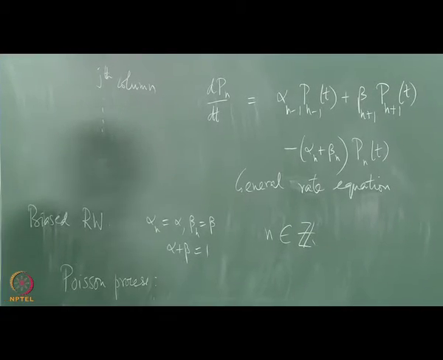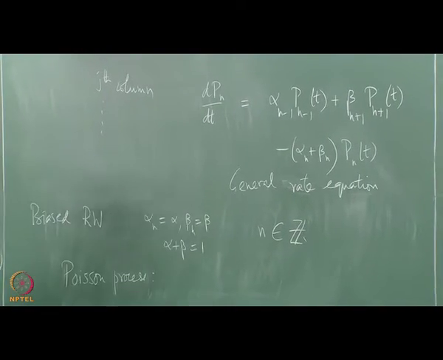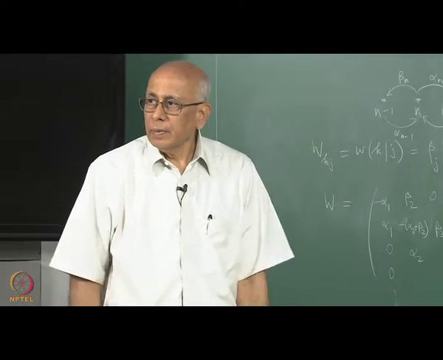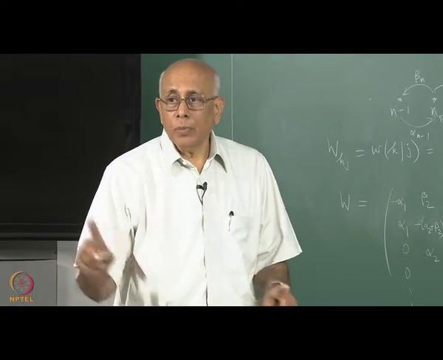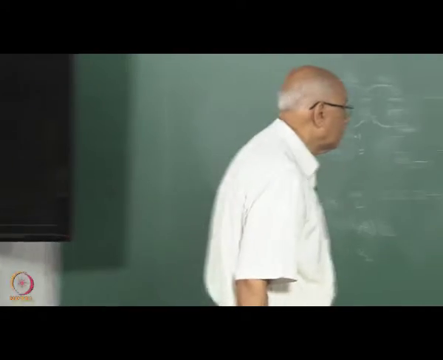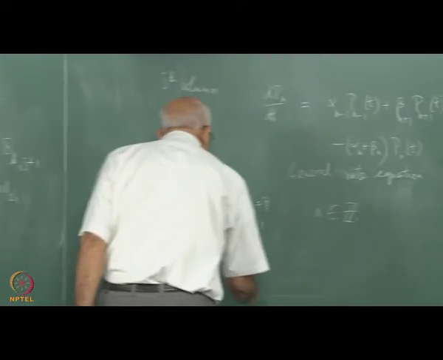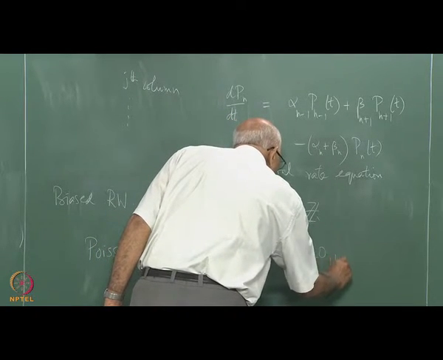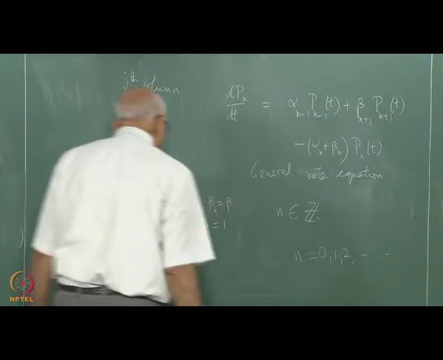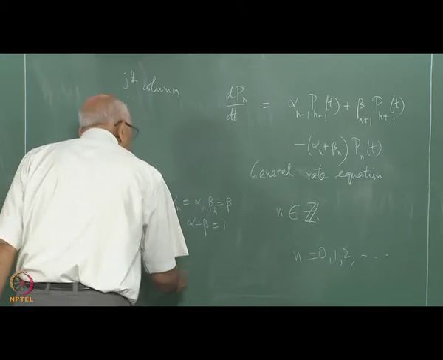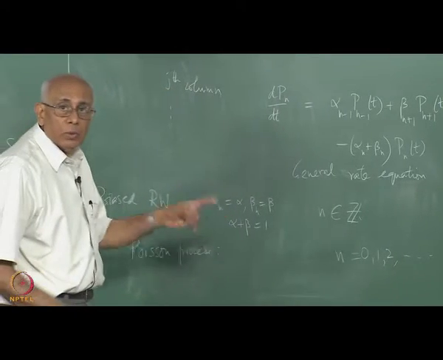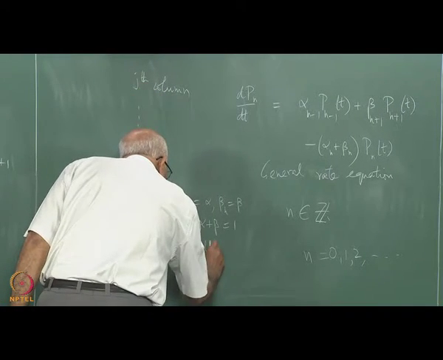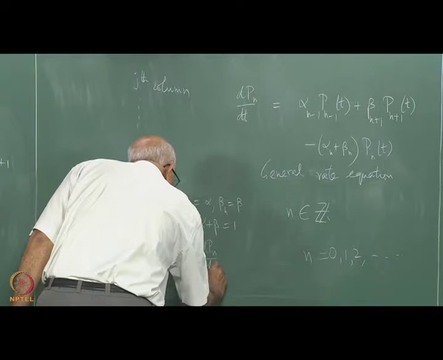What did that correspond to? We had a certain rate lambda, but n now ran from 0 upwards, and the Poisson process equation was for n equal to 0, 1, 2, etc. to infinity, and in this case alpha equal to beta equal to lambda, but the process was